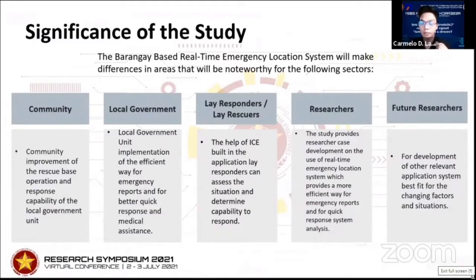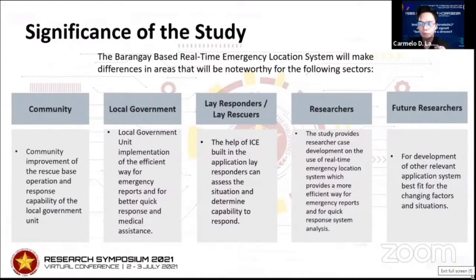For the lay responders or lay rescuers, someone who is not professionally trained to render a higher level of medical care, with the help of the in case of emergency or ICE that is built in the application, lay responders can comprehend the initial condition of the person and can provide proper relief to the person in need of rescue.